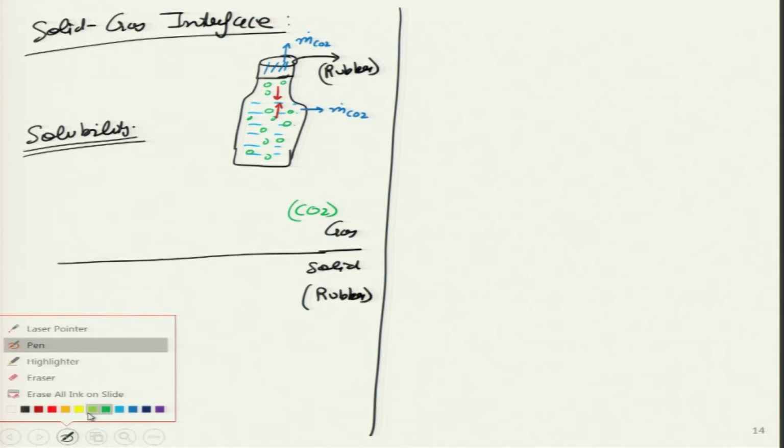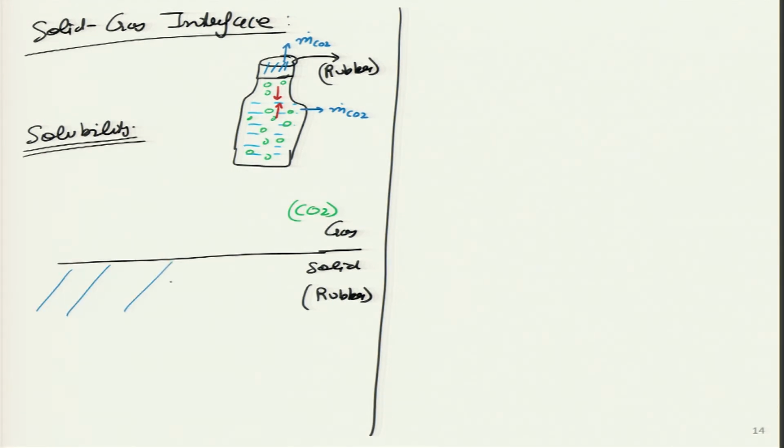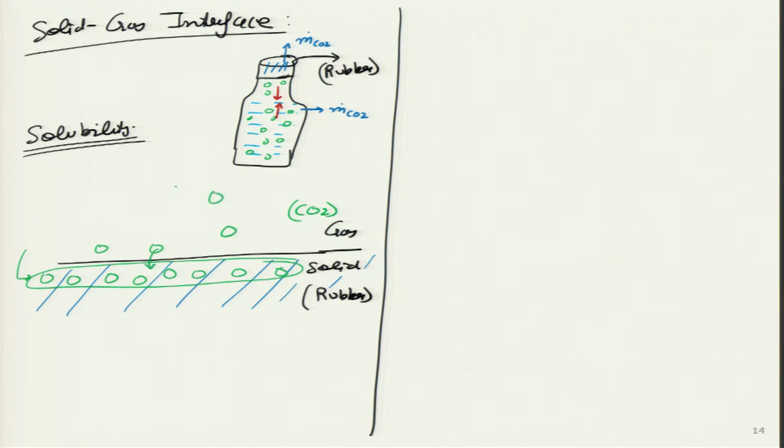So, what happens is, even though rubber itself is a solid, or even if it is made of plastic or some metal, the gas will start to diffuse to this particular point, and some solubility will also take place over here. It will be soluble at the interface. So, this is near the interface at this particular material. Certain solubility will take place from the gas to the solid side. So, gas is full on this particular side, it completely fills this space. It could be air, it could be CO2,